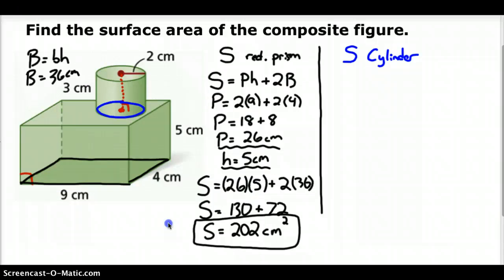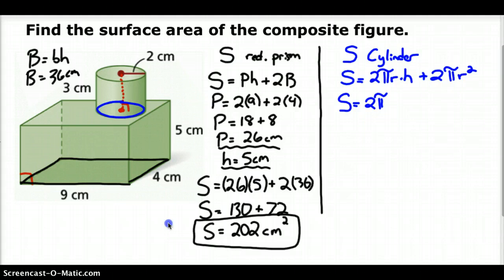Okay, and so my cylinder, my surface area is going to be equal to the circumference, which is 2 pi r multiplied by the height. Okay. And then plus 2 times the area of the base, which is just going to be pi times radius squared. Okay, and so for my surface area, I'm going to plug in all the information that I know from this picture. Well, 2 pi r, so I'm going to say this is 2 times pi times our radius of 2 multiplied by our height of 3 plus 2 times pi times our radius of 2